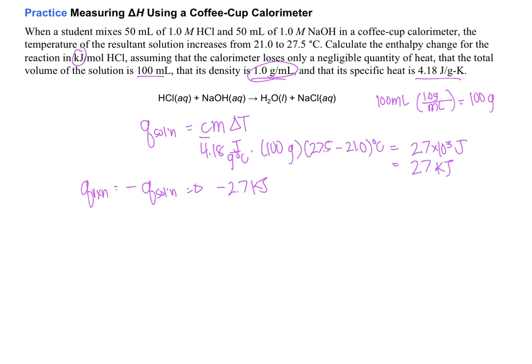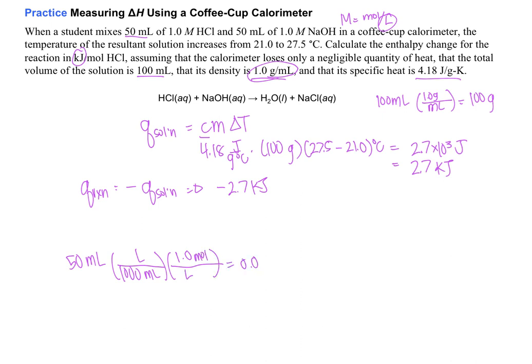Now I want to do that per mole of HCl. So I'm going to say I have 50 milliliters of HCl, and I want to get into moles. So I'm going to convert my milliliters. If you remember, a molar is a mole per liter. We're going to talk about that a lot in a bit, but as a reminder, it's a mole per liter. So I need to get my milliliters into liters so I can use molarity. So I have 1,000 milliliters per liter, and I use a 1 molar, so 1 mole per liter solution of HCl.